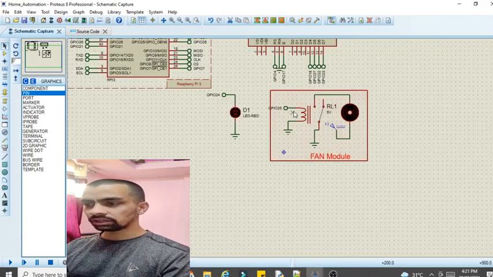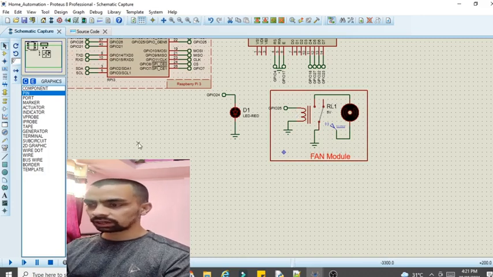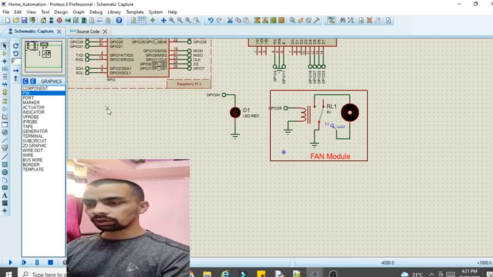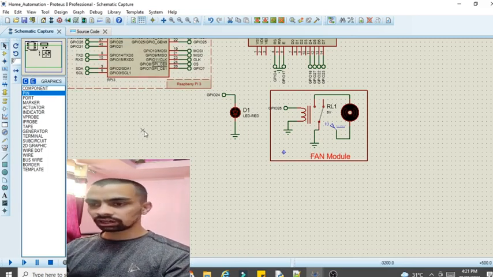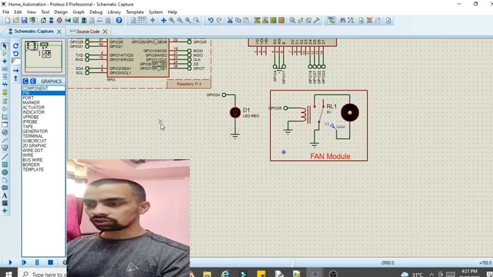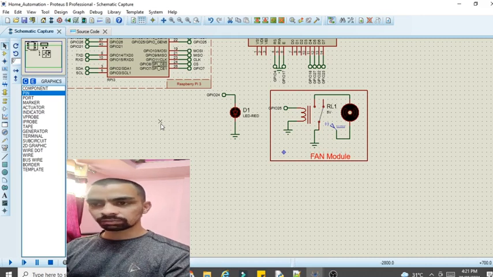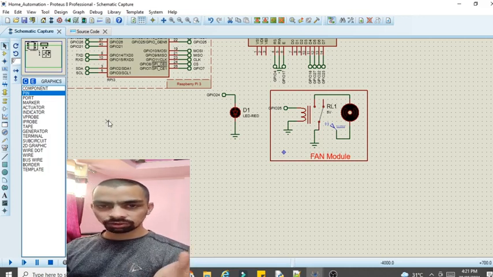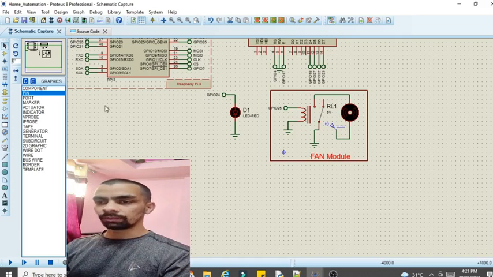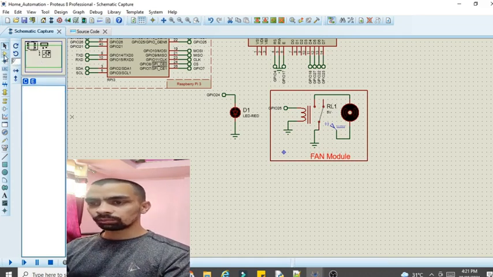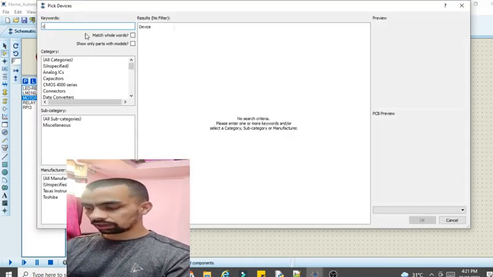Whenever you click on the web page, the data is sent from the Python web page program to the Proteus software program. To send the data from the Python web page to Proteus software, we will require one bridge, and that bridge is nothing but serial communication. For that we will use COM pins. A virtual COM pin is connected at the Python program and another virtual COM pin is connected at Proteus. Whenever you press the button, that virtual COM pin sends the data from your Python program to your Proteus software. So to select the virtual COM pin, go to the component mode, click on P and type COM pin.